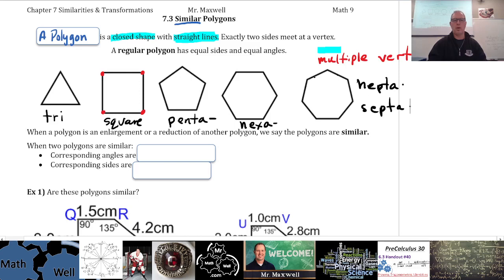Let's keep going here. When a polygon is an enlargement or a reduction of another polygon, we say the polygons are similar. So I just explained that off the beginning. Reductions or enlargements are called similar. When two polygons are similar, corresponding angles are, what do you think? Yeah, are equal or the same. That's right. Corresponding means that the angle that's in the same position relative to all of the other aspects of the figure as the